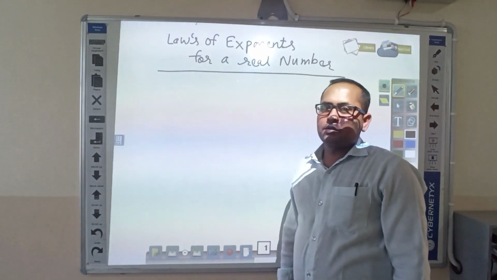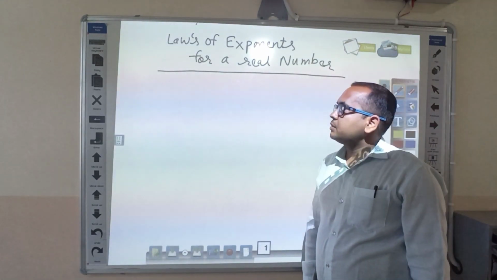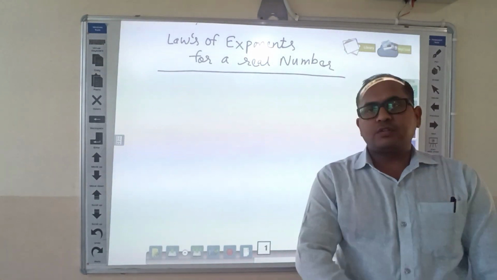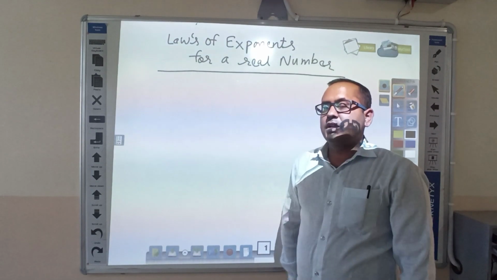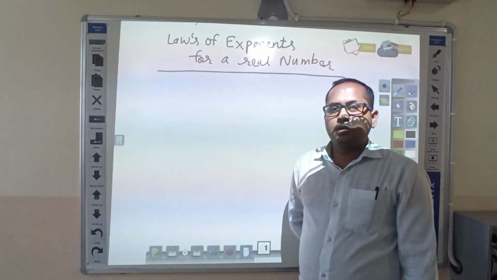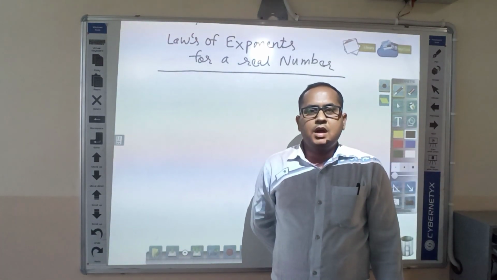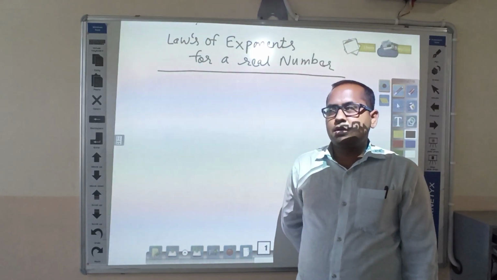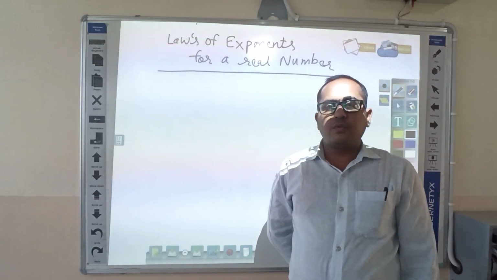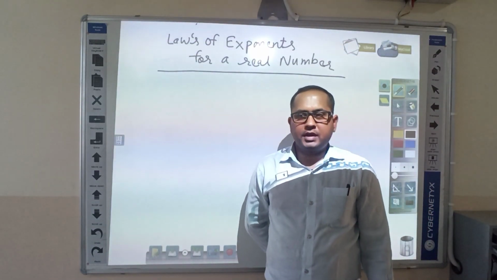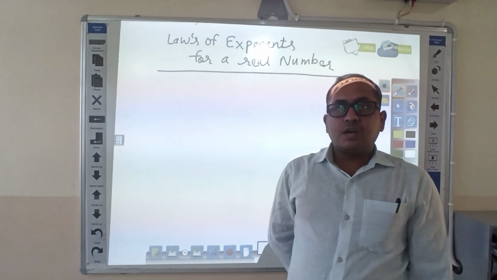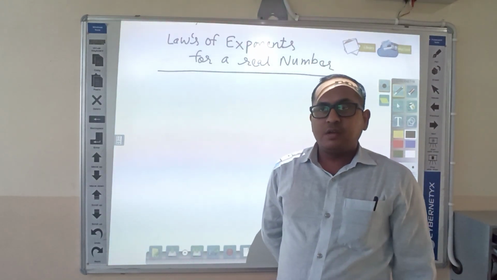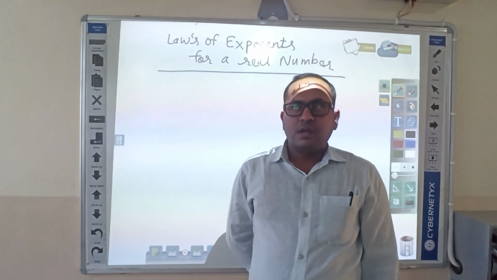So hello everyone. We have discussed many terminology related to our number system. We have discussed the definition of rational number, irrational number, whole number, prime number, how we find out a rational number, how we find out whether a number is terminating or non-terminating, and how we find out whether a number is terminating or non-terminating without any division.